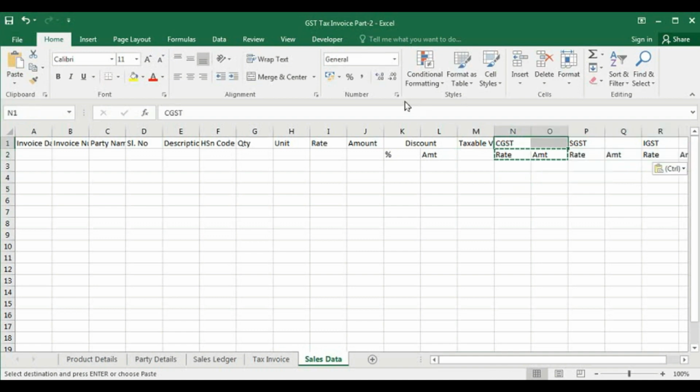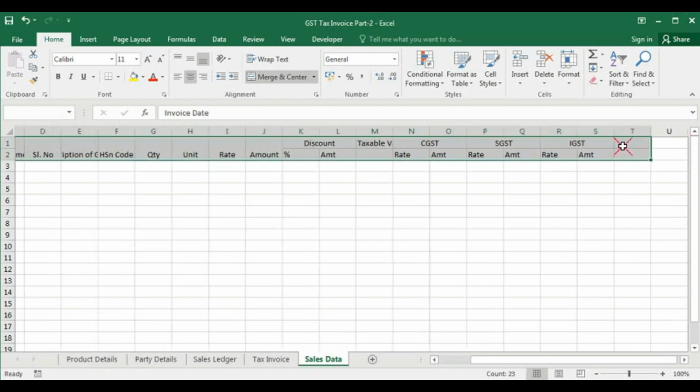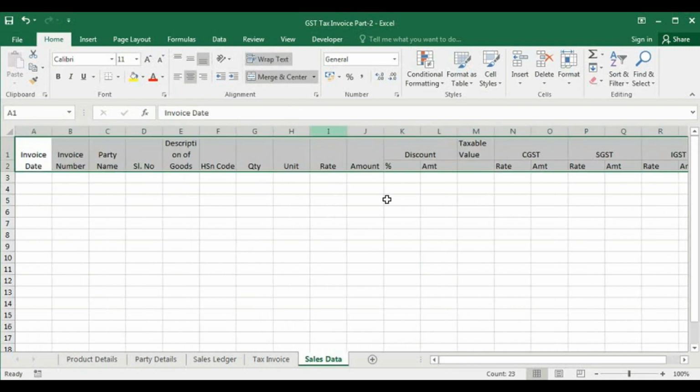Now merge them, and this cell will also be merged. And you can wrap the text as you wish.